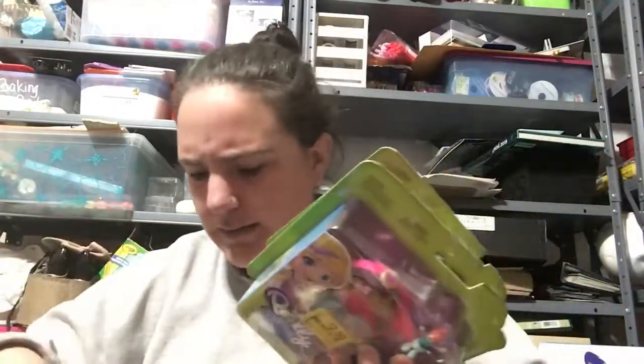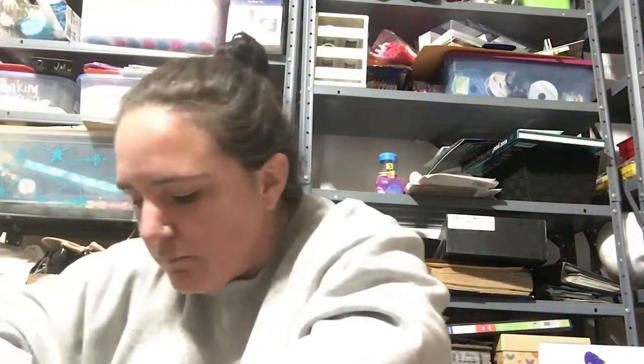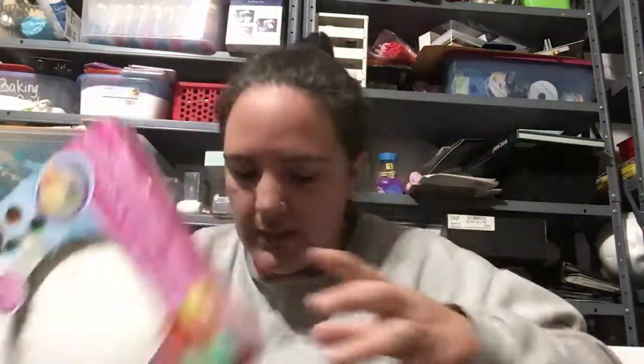I have 2 more of those cards I told you all about. There were tons of those laying around. And then I had this water gun. It was a penny. We found it just chilling on the shelf. Some of this you guys saw in that Walgreens, in that junk in my trunk haul. That was all from Walgreens. So I have that in there. And then I also have those stepping stones that you can paint. This one, and I have the